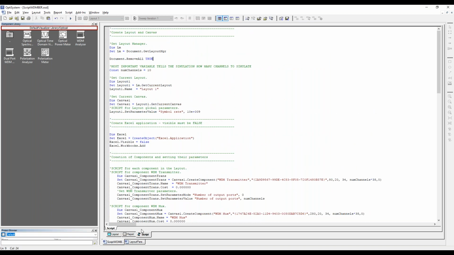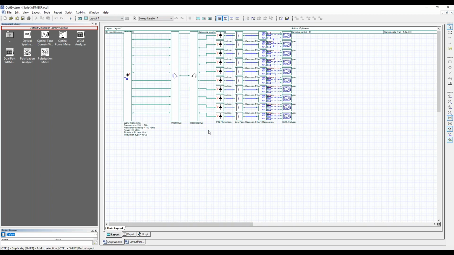And this demonstration is showing, let's say you're modeling something where you have a lot of different channels, right? A lot of wavelengths. And maybe they'll experience different gain through some transmission link, and they also will experience maybe different loss or different dispersion. So they might have different eye diagrams. So let's say you want to calculate that BER with that eye diagram. We do have a component, the WDM analyzer, that does that. But this is also another technique, and you can see how you could use this in other situations to programmatically